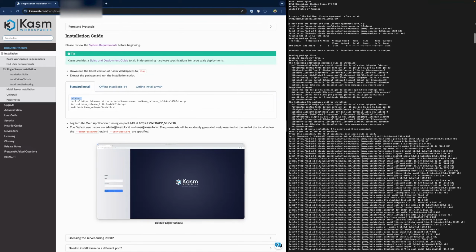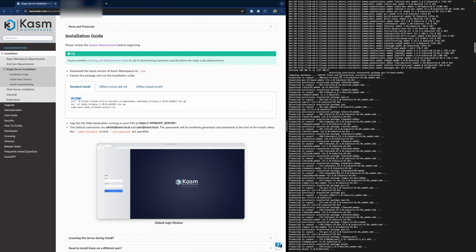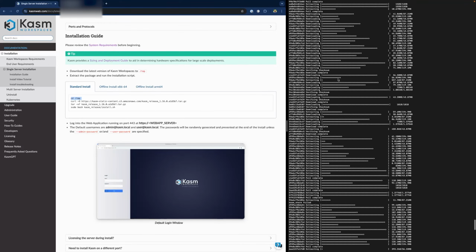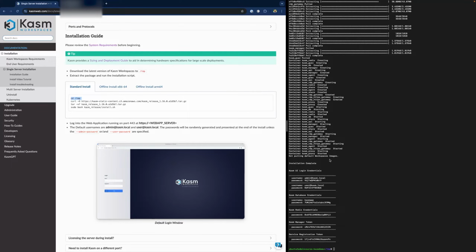Over here are all the steps that were taken to install, and I'll scroll down to the bottom. At completion of your Chasm server install, you will be presented with a set of credentials, including these first 2 here, which are the 2 UI logins that we'll need. You'll want to be sure to save these in a password vault,